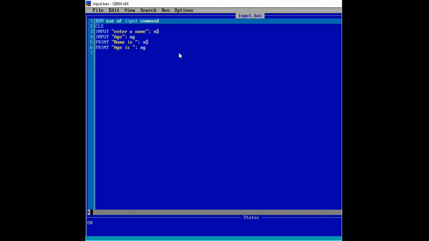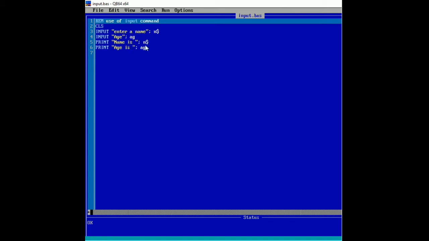Now let us see the use of the INPUT command. The INPUT statement is used to receive the input through the keyboard. Input name: the string variable is used with the dollar sign. Input age: now a numeric variable age is used.